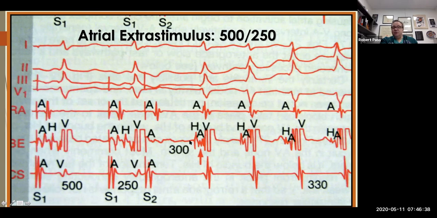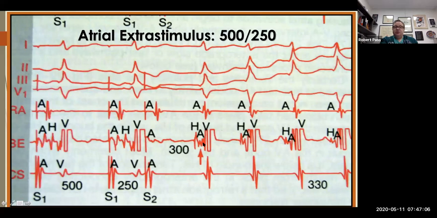I didn't show you 260, but it was about 220 was the AH interval. So you recall that if there's a greater than 50 millisecond increase in the AH interval with an extra stimulus decrement of 10 milliseconds, we would call this an AH jump. And what is specific to AVNRT is that the A in AVNRT, remember,